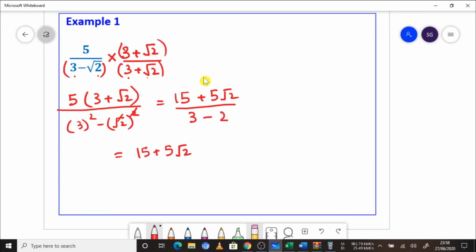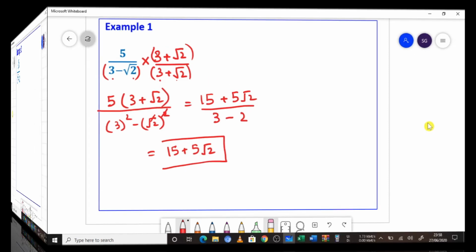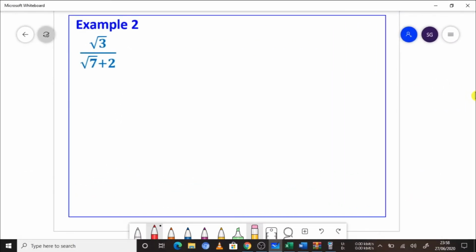And we don't show the 1, and hence we have made this denominator equal to a rational number, and our rationalization is complete. That's our final answer for the first example of rationalization. All right, quickly, let's find out